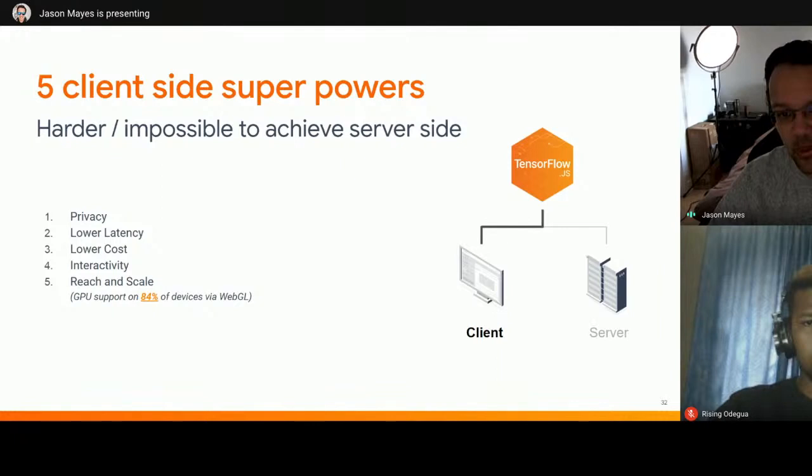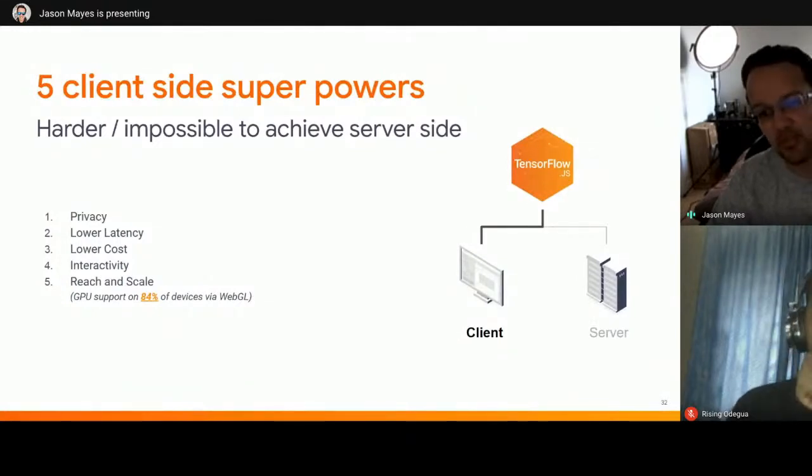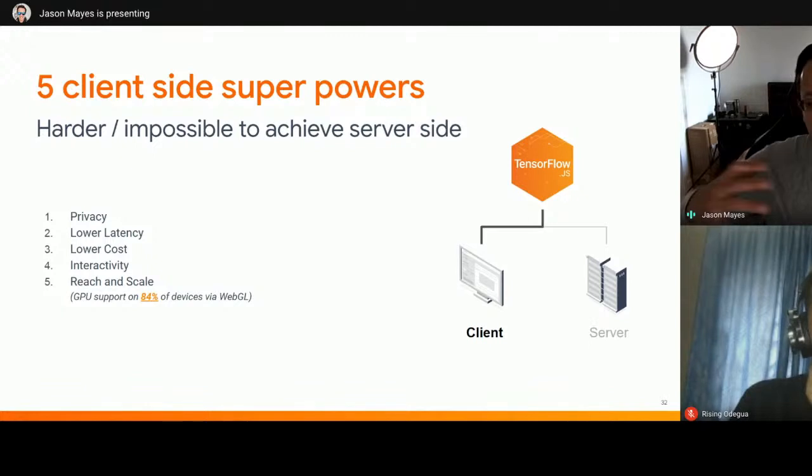Second point, lower latency. Because there's no server involved other than the initial download of the model file itself, when you're doing the inference, there's no waiting 100 milliseconds, 200 milliseconds to ping the server and wait for the result to come back. This is especially important on mobile phones or maybe in areas where you have poor connectivity, as you don't need to worry about that anymore. Things can work offline with progressive web apps in JavaScript on the browser, and it actually acts much like a native app. Even on Android, you get the icons and things on the screen just like a native app.